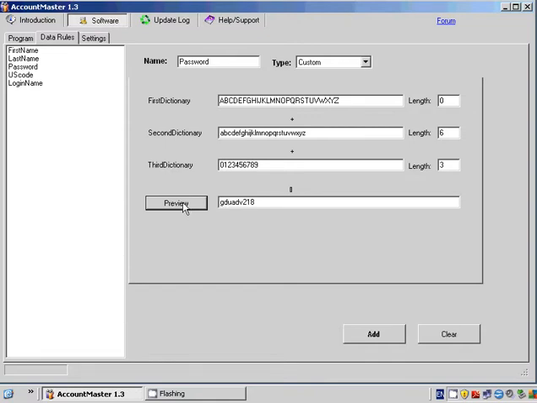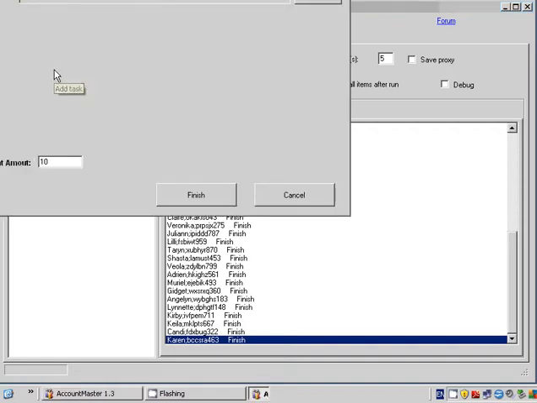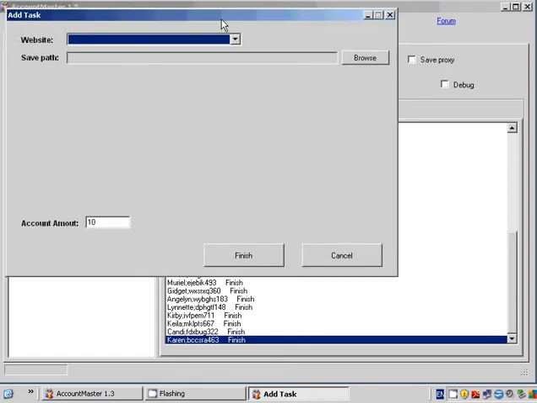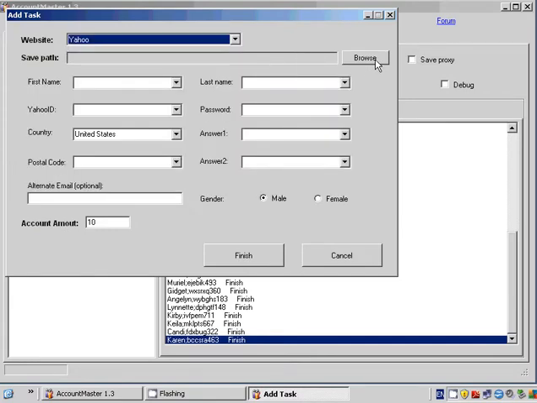Finally, we'll look at the Add Task button in the Program tab. This is where you create your project. So click on the Add Task button here and fill in the required parameters. So choose Yahoo there. Now, for the path where AccountMaster is going to save the completed Yahoo accounts to, you